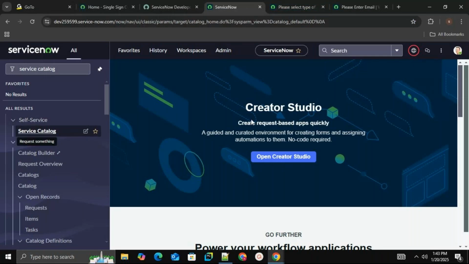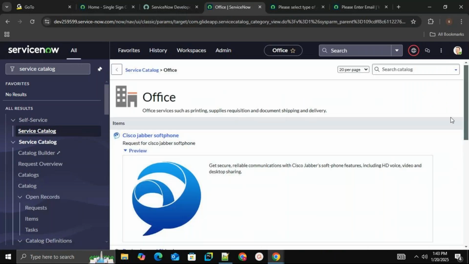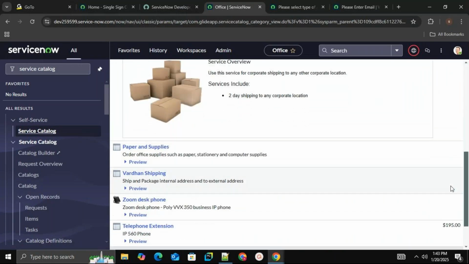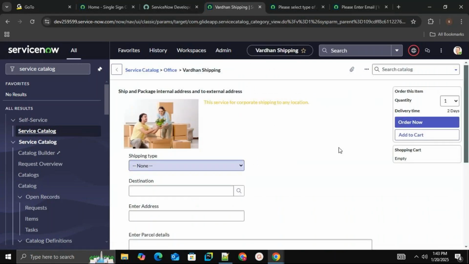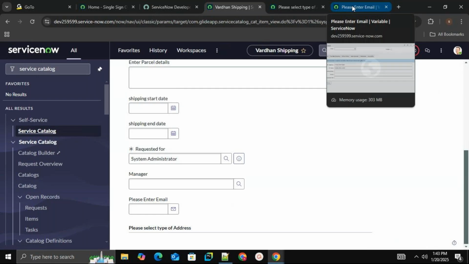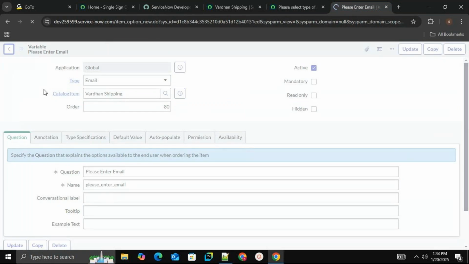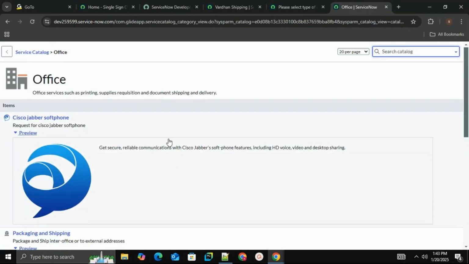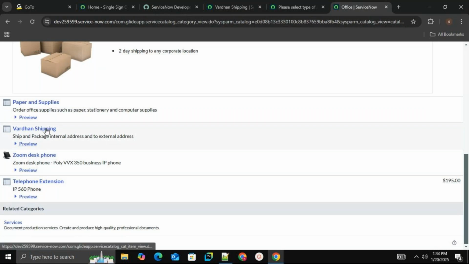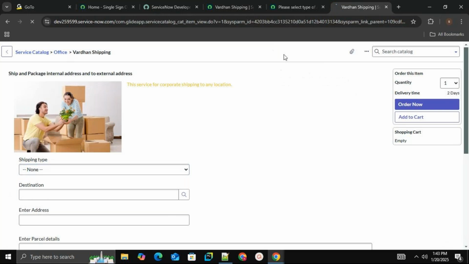Go to your catalog page and let me open this offices. Here we do have Vardhan shipping. Click on this. Like this we'll get select type of address. For this we need to add checkboxes. Checkbox, go back again. Go down. For this catalog item we have given